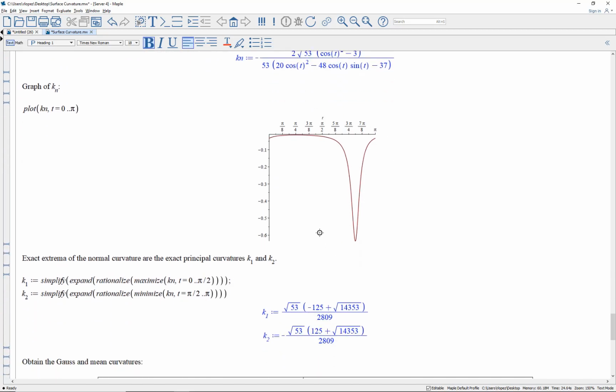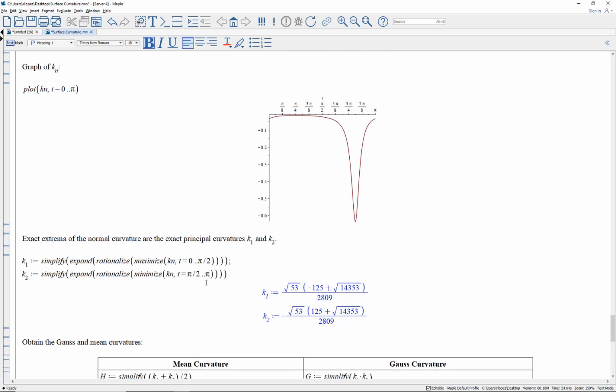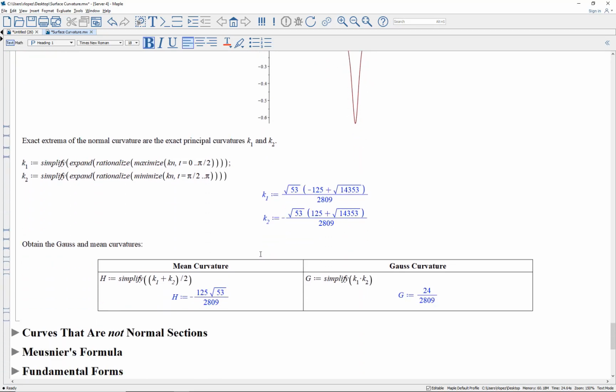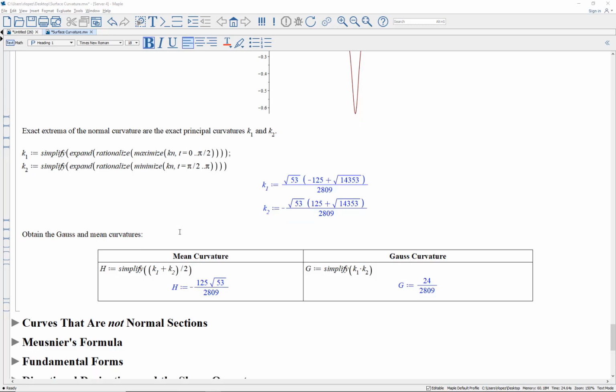And I said, okay, let's get the maximum and minimum. So here's the maximum, and down here is the minimum. And you can use Maple commands for that, and you get these exact values. Therefore, I could get the mean curvature and the Gauss curvature from these two expressions. So at this point, I was feeling pretty good about what I had achieved, but I kept asking myself,